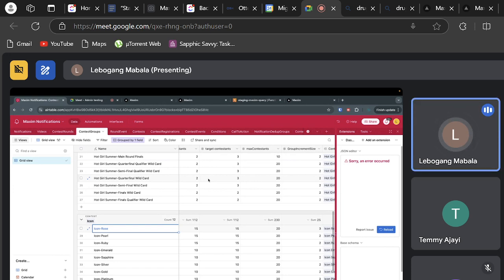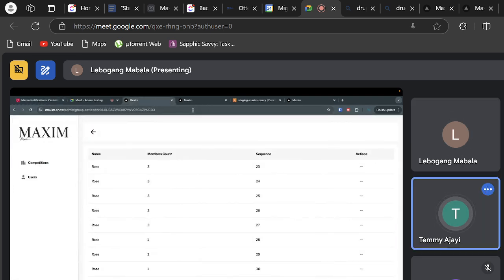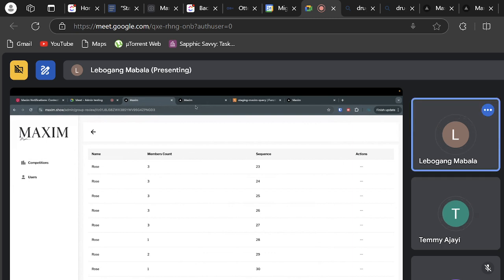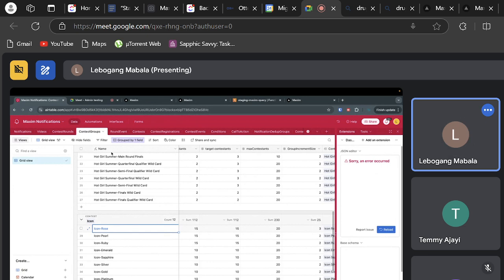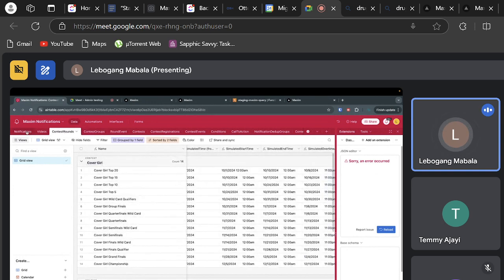So the idea is, we're trying to make sure that we meet the minimum number of contestants, which is 3, right? No, in case of this icon rows. Okay, go ahead, please. So let's say we start a contest, for instance, we start